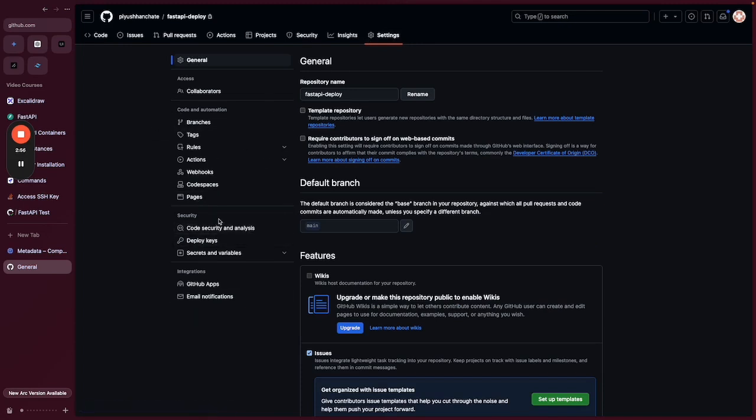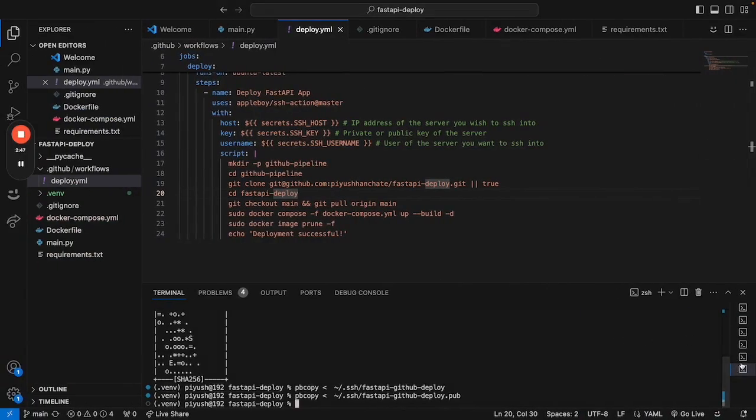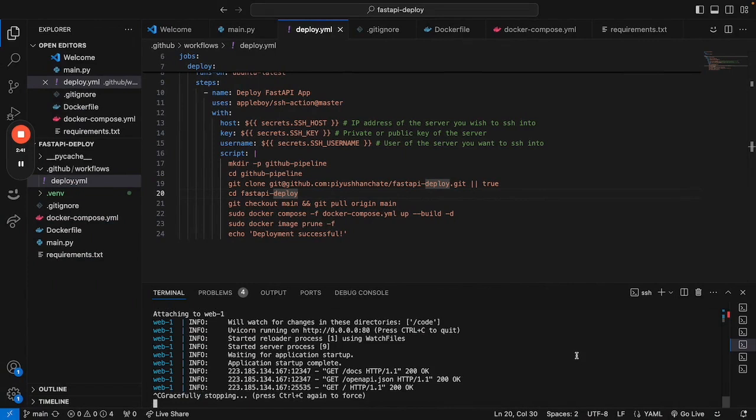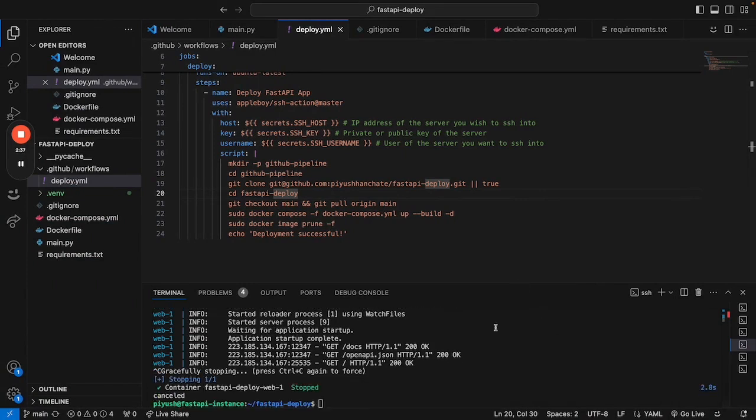So how we do that is we'd be going to settings, deploy keys, and we would be adding a deploy key here. And we are going to be generating those keys in our server. So let's go back to the terminal where we were logged into our server. Let's just go and stop the container from there. Let's just go to home,